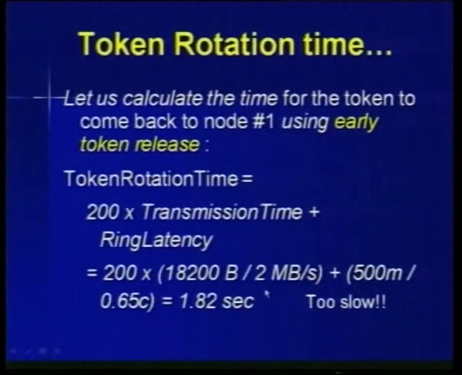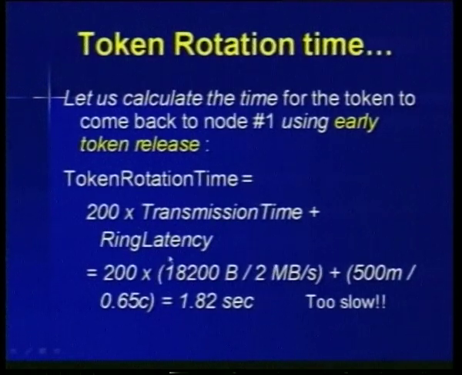Now if you look at it as UTP cable, copper cable, the speed of data transmission on copper cables is about 65% of the speed of light. So therefore you say 0.65 times C, where C refers to the speed of light. So 500 meters divided by 0.65 C will give me the ring latency, or the propagation delay. So 200 times